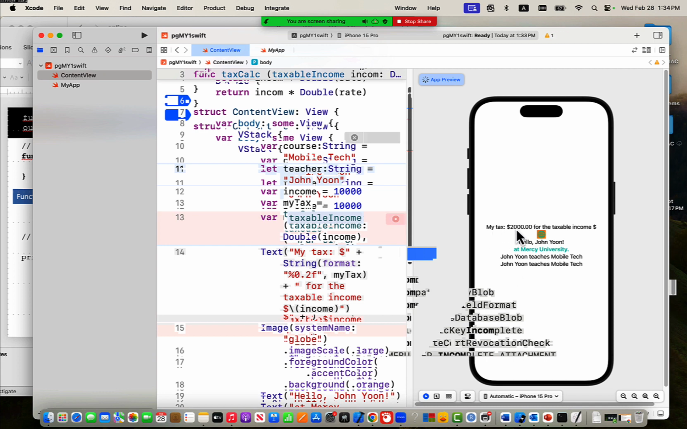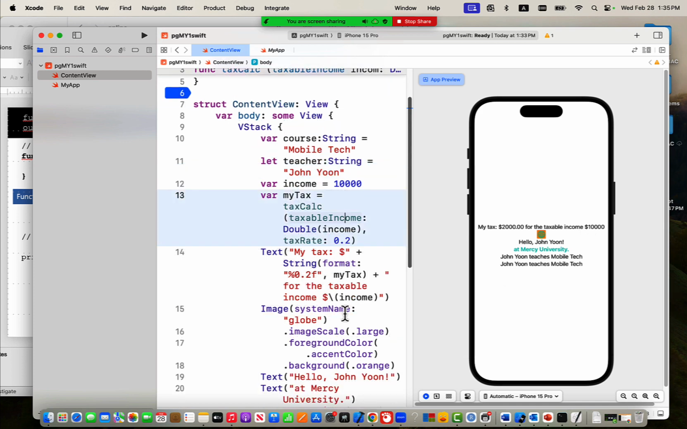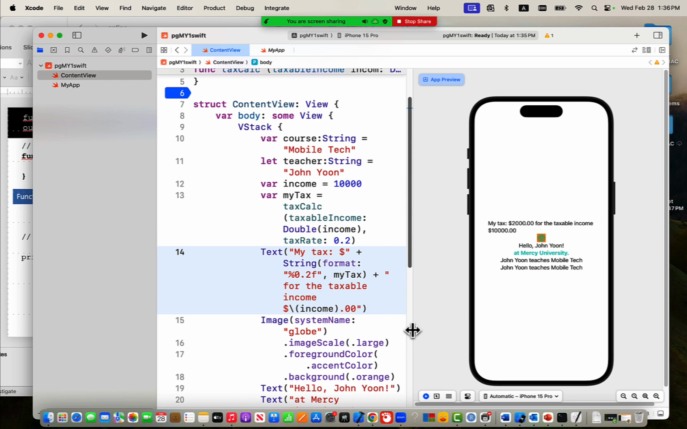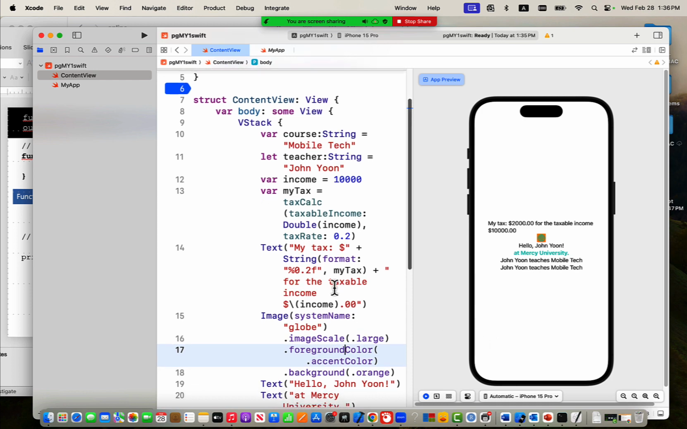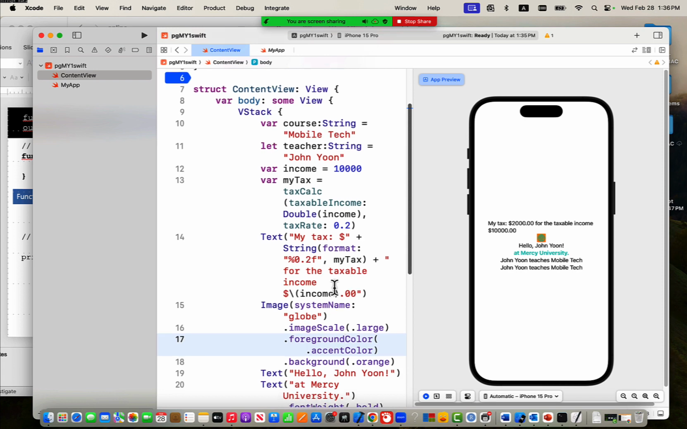So my tax is $2,000 for the taxable income, $10,000. That's what I have here. You can put 00 here if you want. Okay. So in this way, we practiced how we can use text and images. Images we didn't do much, right? We can do images as well if you want, but